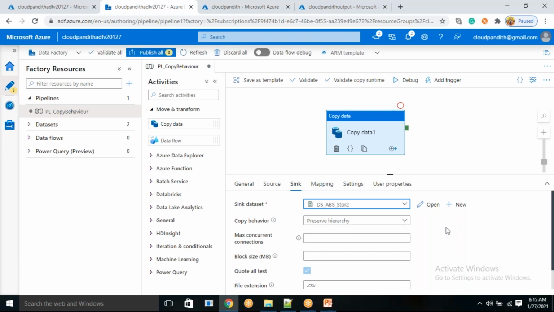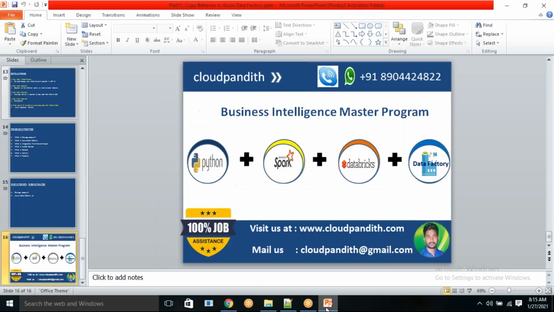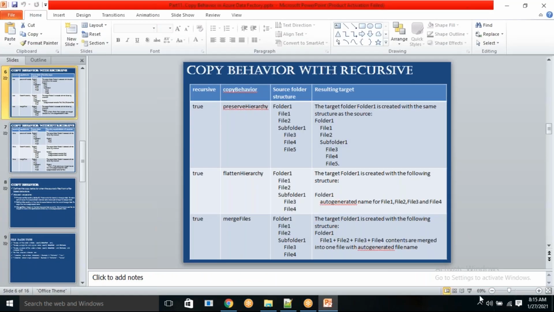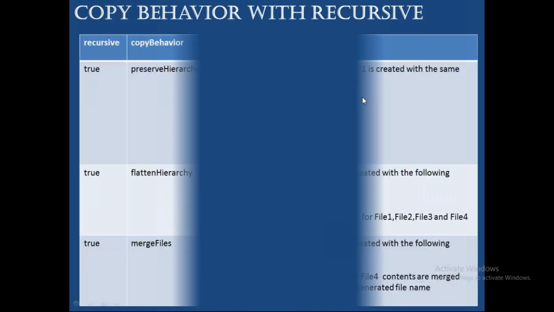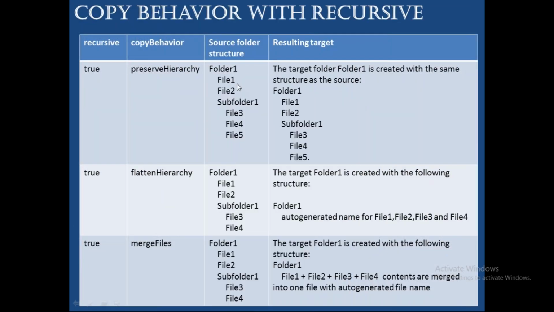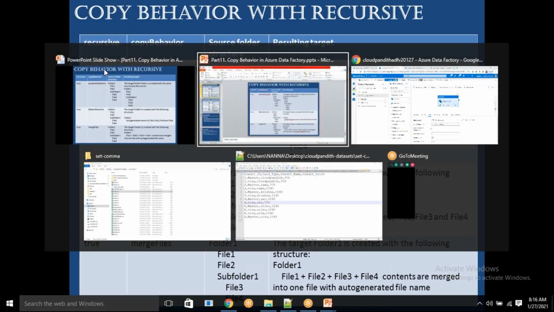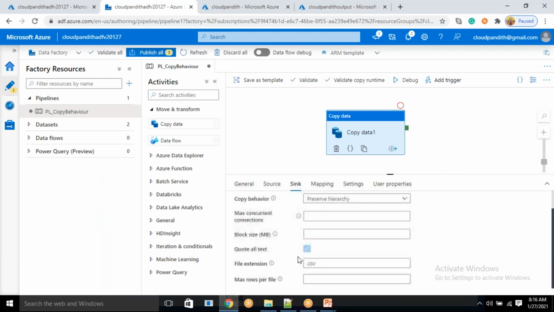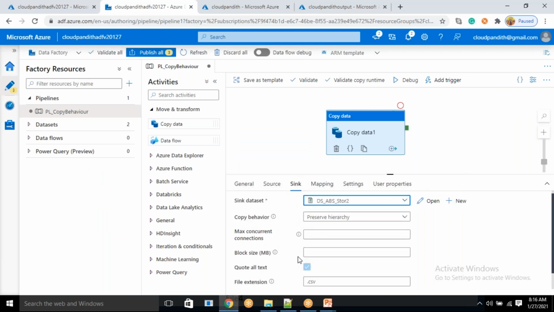Preserve hierarchy means what? We discussed, as is. I want to load the data as is. If you want, let me show you in the slides. See here, preserve hierarchy means it is going to keep things as is. But recursive equals true or false, where can we set recursive?